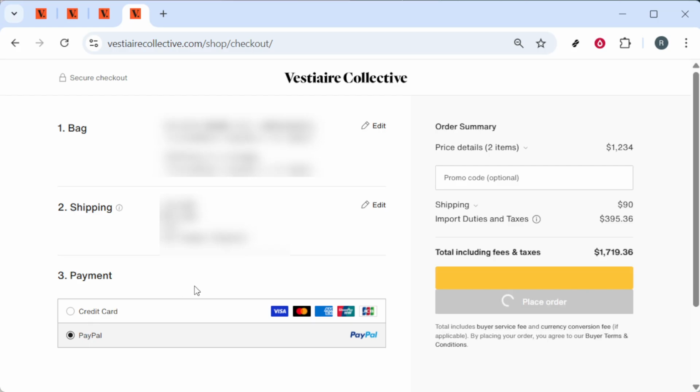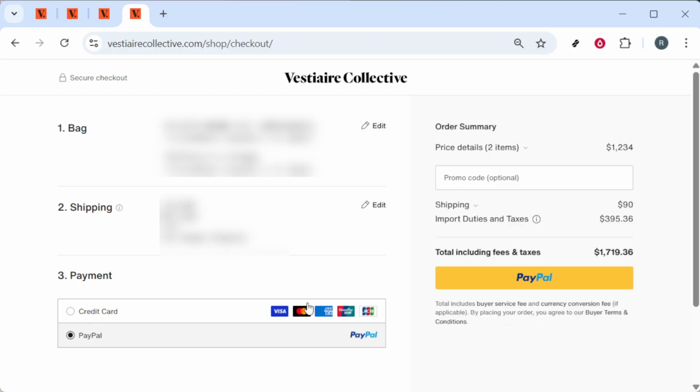Selecting PayPal as your preferred payment method will redirect you to the PayPal login page. At this point, you'll need to log into your PayPal account. Enter your PayPal username and password, then follow the prompts to confirm your payment details. After logging in and verifying your information, PayPal will guide you back to Vestiaire Collective to complete the final stages